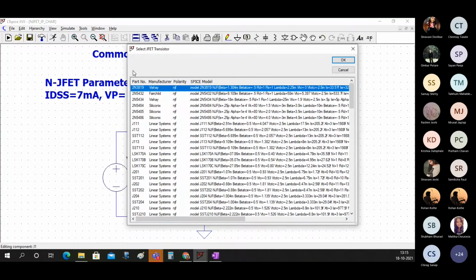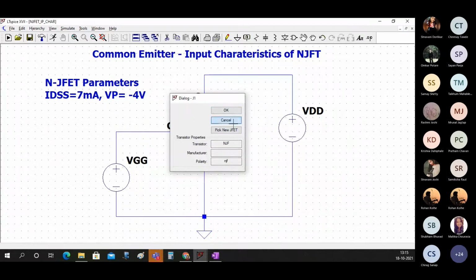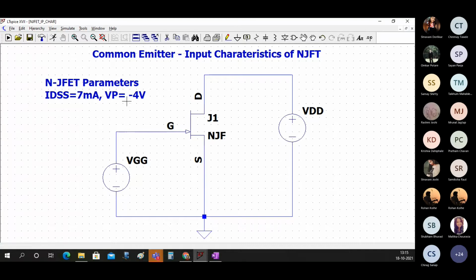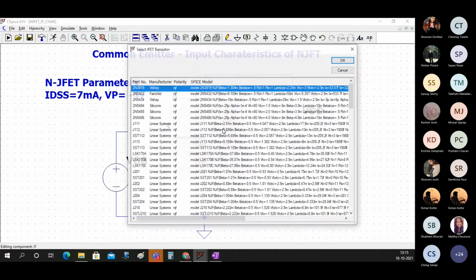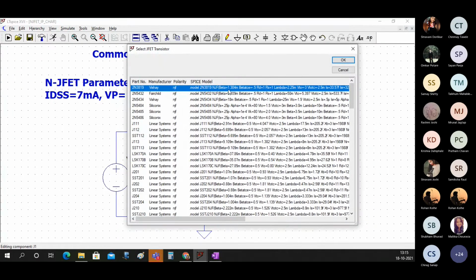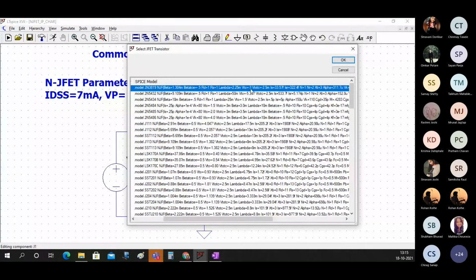One thing you can identify, just cancel this, there is no IDSS and VP. But there was beta. So again I'm right clicking on this. You can see there was a beta here, and there was a VTO, that is a threshold voltage here.